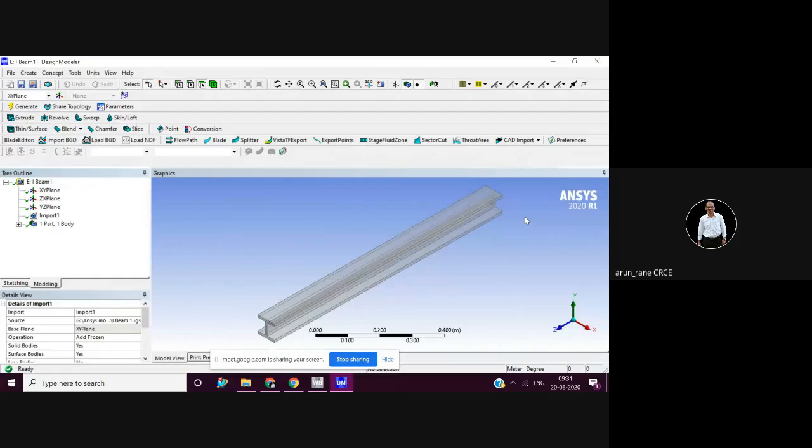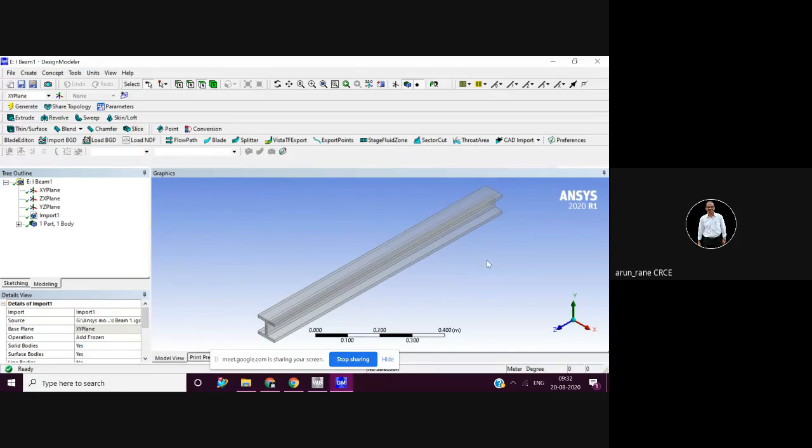So I have only changed the cross-sectional area. I have kept the length the same. Again I am telling, this cross-section area has been estimated in such a way that the dimensions, that is the depth and the width, or the sides of the square, are designed so that the cross-section area of the I-beam, of the round, and of the square remains the same. So finally the weight also remains the same, keeping the length the same.